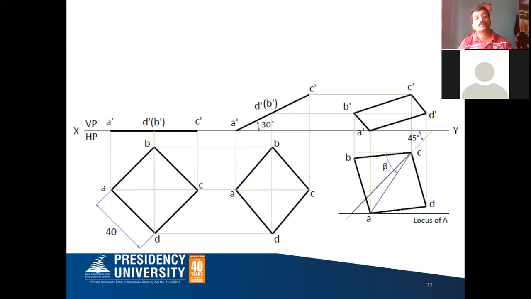So this is how you have to complete the corner condition square example, which is given to you in this particular case. Okay, so this completes the square lamina, also a square plane surface. Today we'll also discuss the rectangular lamina example, so let me take up that rectangular lamina.